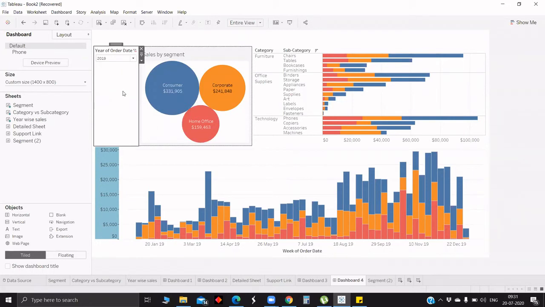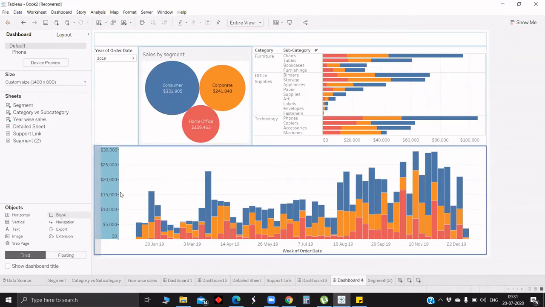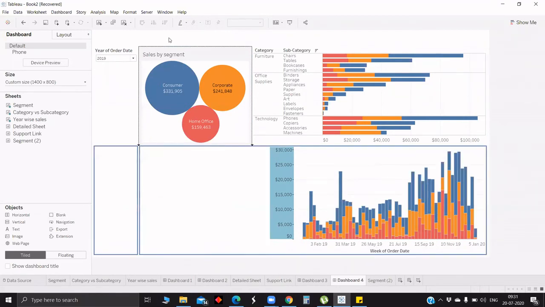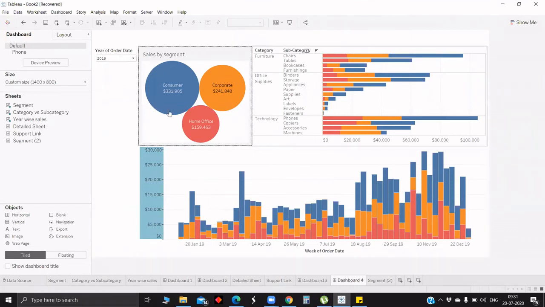So maybe if you want to give a multiple values drop down, if you use that, we can get the same feature here. Now you may think that there is a misalignment, like how should I bring this container, this bottom is also in the same visualization. In that case, we can go for a blank and control the size of the blank so that all the visuals are aligned at a certain line.